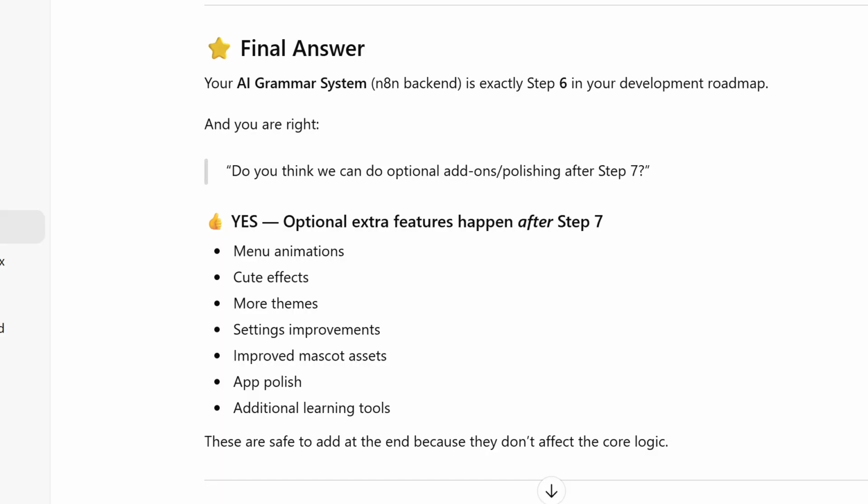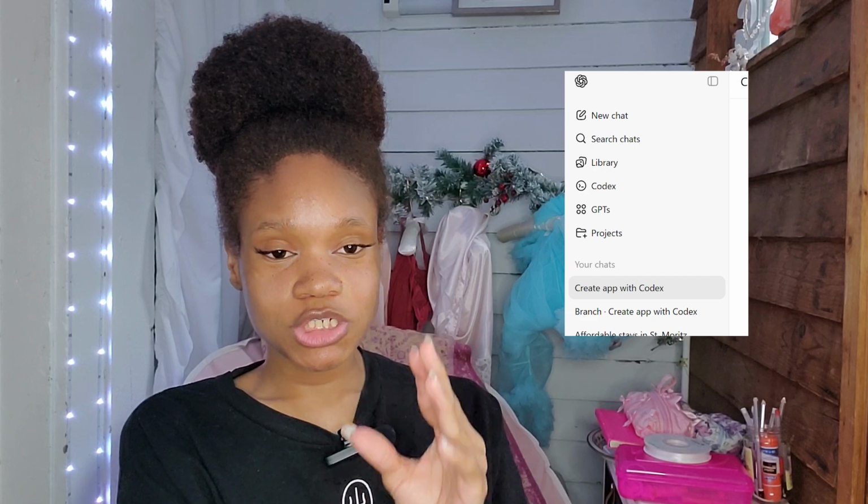After you validate the idea and get clarity on whether you want to move forward, then you're going to plan the design, then create a roadmap. For me, it automatically created a roadmap after I explained my idea and what I want, what my goals are, who my audience is, and my design. When it does things like that and breaks things down, you need to be taking notes. Note down the whole week roadmap. Create a project in ChatGPT.